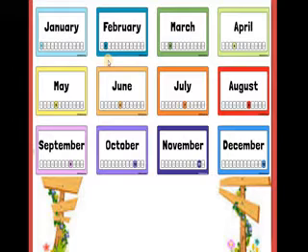Now I'm going to ask you few questions. What comes before June? First you need to look at June, and then you need to see what comes before June. It's May. Now what comes before May? Oh, it's difficult, nothing is here. So you need to go to this side. This is April. You need to look at the number also, 5. And before 5 comes 4. And on 4th it's April. So April is your answer.